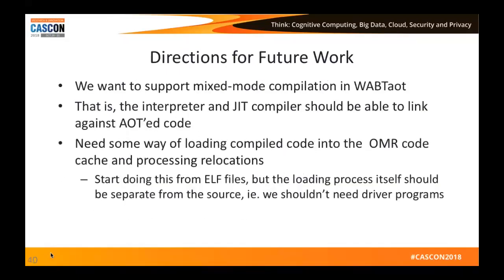Lastly, we want to look at supporting mixed mode compilation in WABT AOT. That's when, as in the OpenJ9 case, you have some segment of code that's compiled AOT, and the rest is JIT compiled, and usually you want startup code to be compiled AOT, just for the sake of mitigating a lengthy startup time. And in order to do that, if you want to synchronize with the virtual machine operand stack, you're going to want to save the information that gets packed into something like a virtual machine register object, which actually tells you how to go about synchronizing. Currently, there's no support for that within